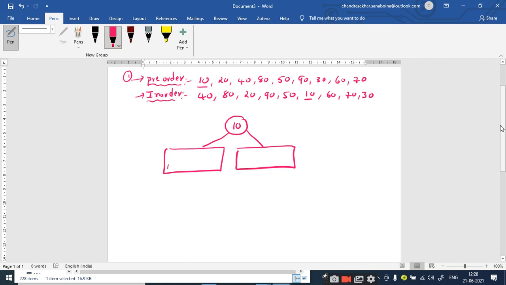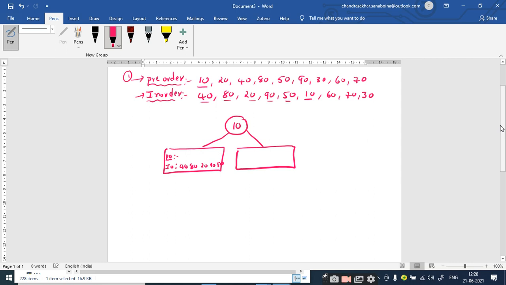I write the in-order traversal as IO. What is the in-order traversal of the left subtree? 40, 80, 20, 90 and 50. What about the pre-order traversal? Let me take it as PO. You have to count the number of elements.